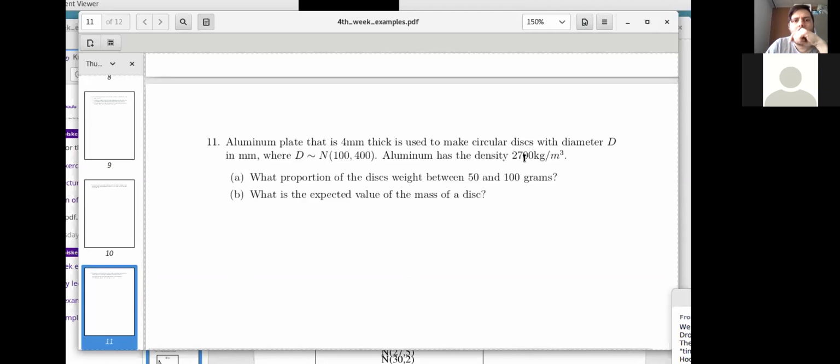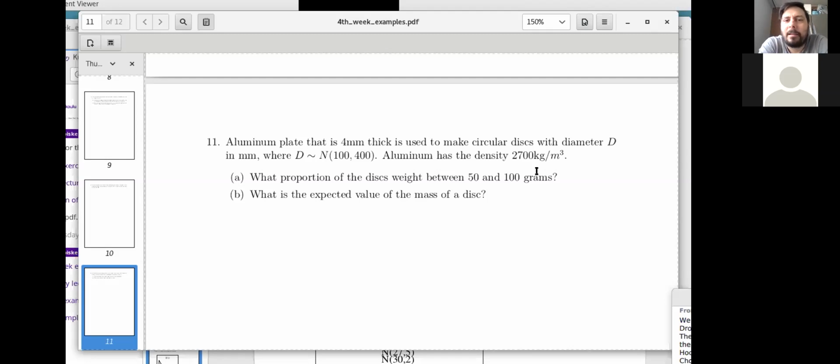Here was a question. An aluminum. There are two schools of pronunciation and writing even. Do you say aluminum or aluminium? It seems that I have chosen aluminum, but it doesn't really matter. Aluminium plate, yeah, it's British. Aluminium is British, and aluminum is probably the US way of saying it. Doesn't matter. You get the point. So if you're British and offended by my use of aluminum, I'm really sorry.